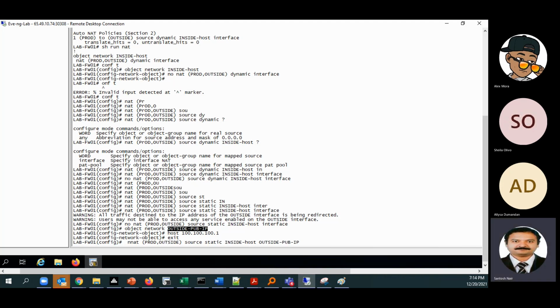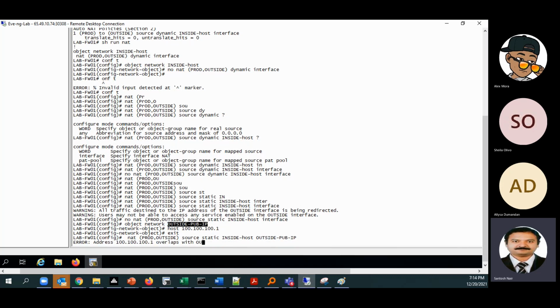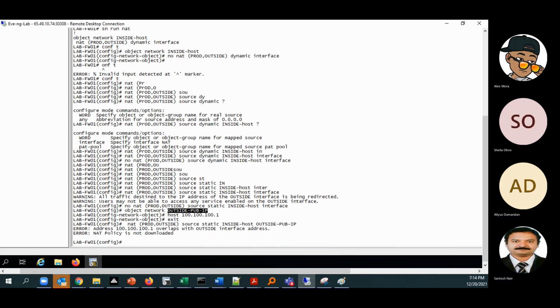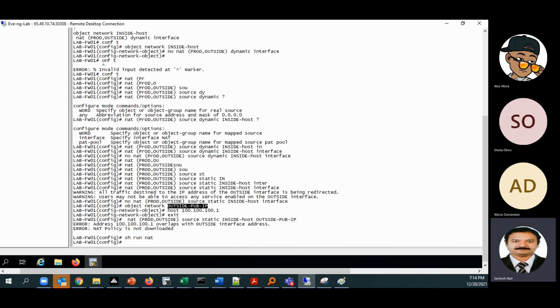What is the command that we are giving? We are giving NAT from production to outside. It is a static one-to-one NAT. It is bidirectional, and it is NATing one-to-one IP, that is from host inside to that public IP. There is some NAT already there, that is the interface IP. So we have to give... one second.